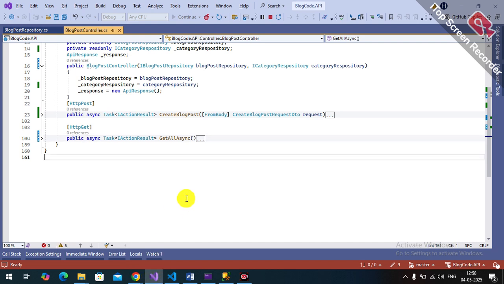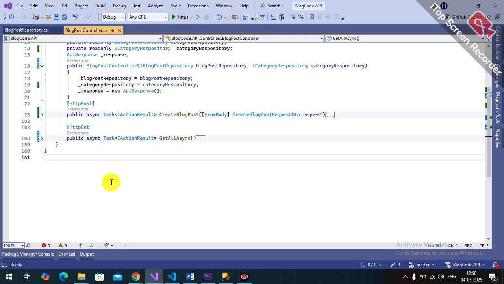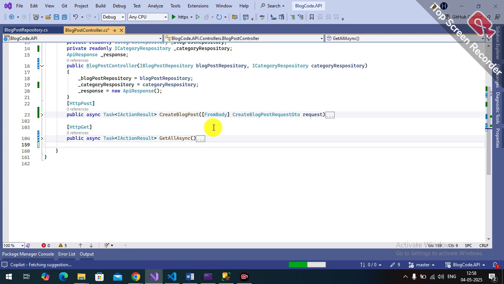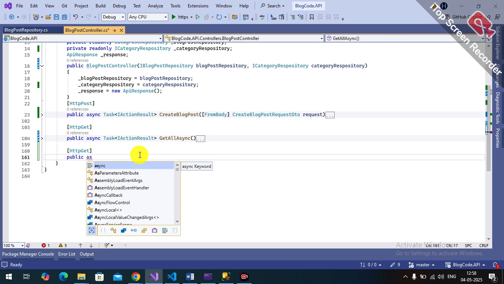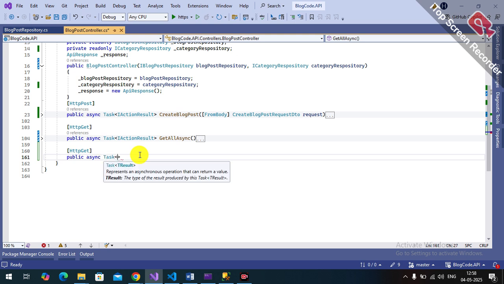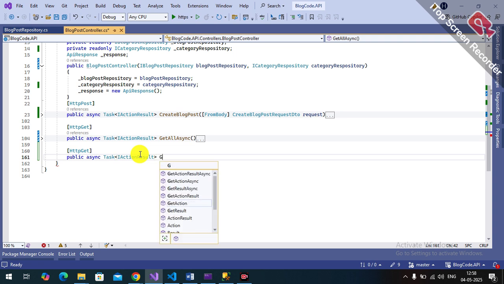Then change here, go to the APIs. Let me first change the API. In the API section, we will add one controller, the add blog post controller, and here we will add the HTTP GET method. That GET method will be public async Task<IActionResult> GetBlogPost